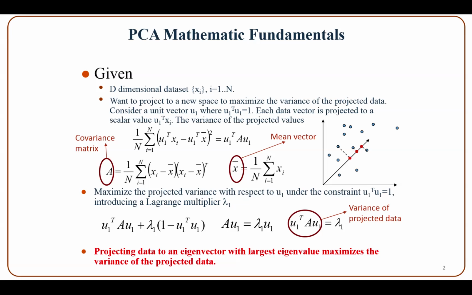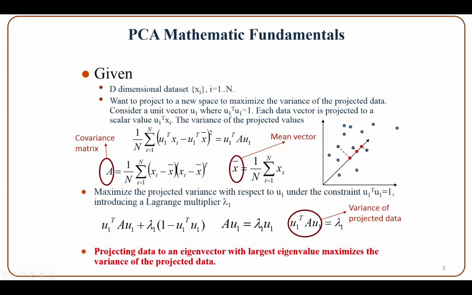We maximize the projected variance with respect to u1 under the constraint of unit length. Here we introduce a Lagrangian multiplier lambda1. We convert a constrained optimization problem into an unconstrained optimization problem. Taking the derivative of this with respect to u1 and setting it equal to 0, you get to this, and then finally you get to this step,